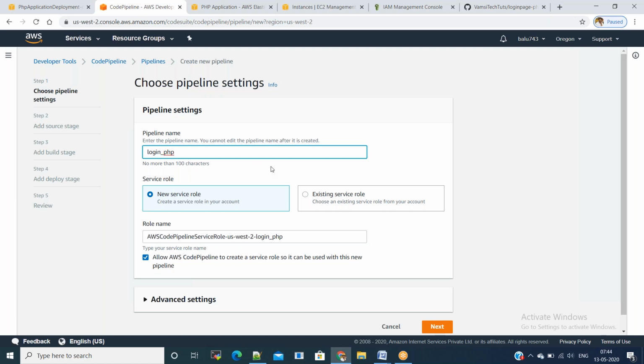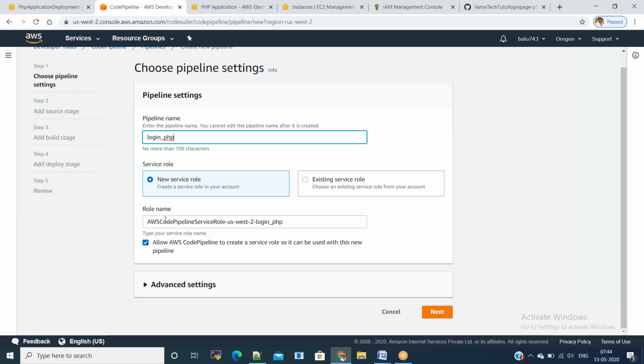I have given login PHP, or else you can use any name of your own. Okay, we just need a service role. We are going with the new service role option. Next.